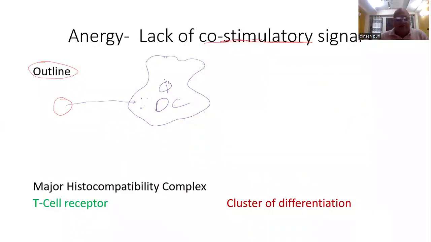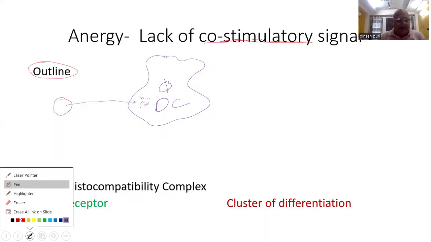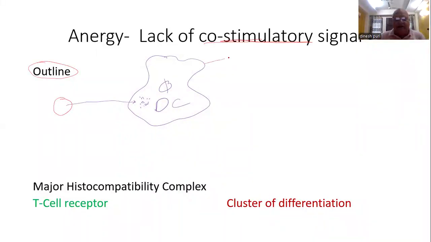इसको एंडोसाइटोज किया, छोटे छोटे इसके फ्रेगमेंट्स बना दिए by the lysosomal enzyme. Now these fragments, with the help of a glycoprotein present on cell surface, MHC, it presents an antigenic fragment. Now this MHC, also called major histocompatibility complex, these are certain proteins which are intensely polymorphic. ये short arm of chromosome 6 से encode होते हैं, and they vary from individual to individual. Intensely polymorphic they are. But at the moment we are considering their role, they present antigenic fragment within a groove